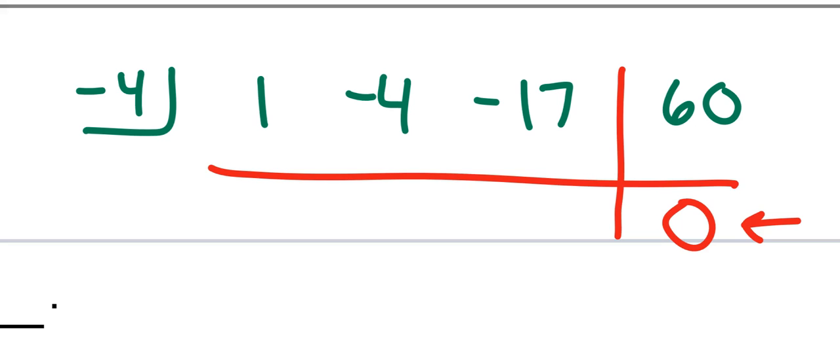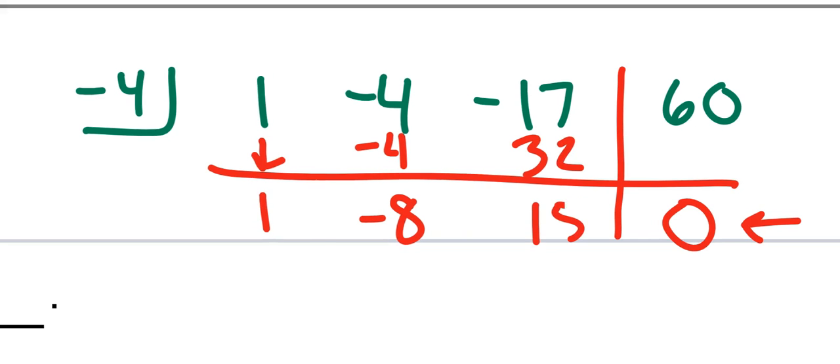I wouldn't try, but it could be a possibility. Okay, all right, work it out. Carry down the 1, multiply and add, multiply and add. It better end up with that 0 at the end. If it doesn't, then you need to double check what you're doing. 1, 8, 15. Carry down the 1, right? It's below the line, so the 1 goes below the line.